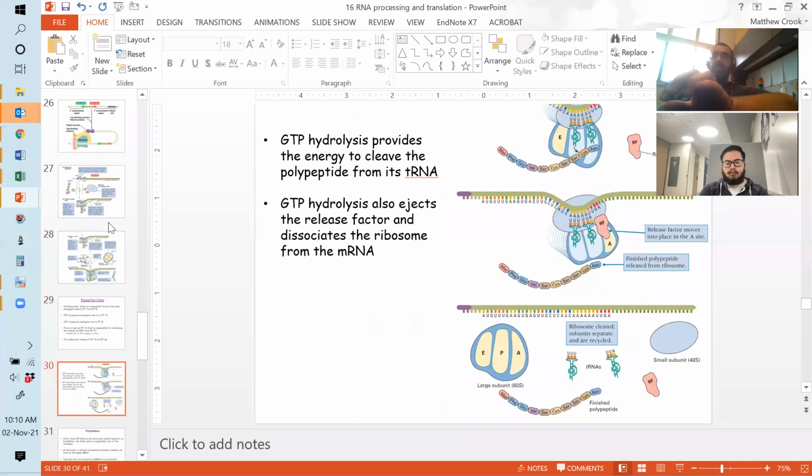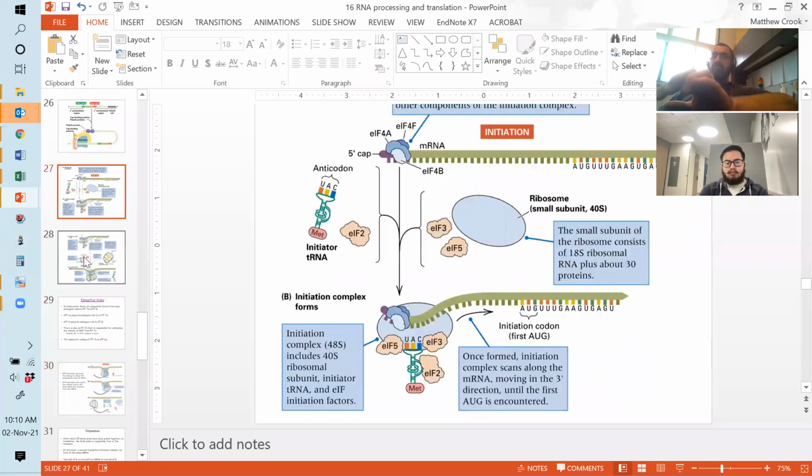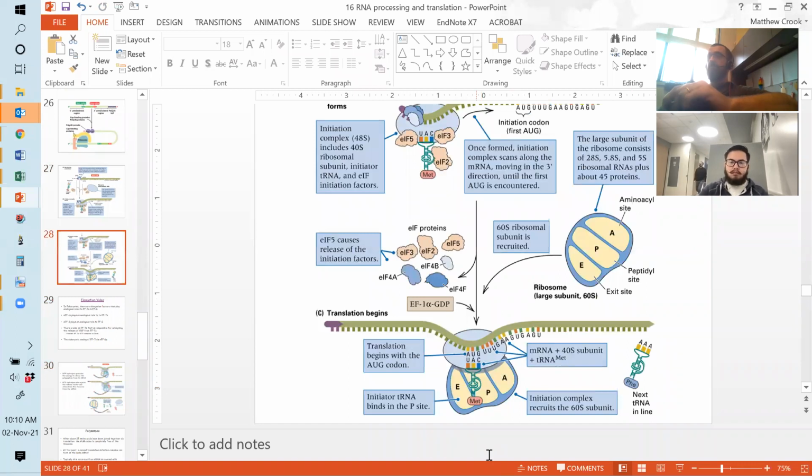So really, elongation is just a whole bunch of that. It happens over and over and over again. And some proteins, particularly eukaryotic proteins, can be absolutely massive, 3,000, 4,000 amino acids in one long chain. So this can go on for a very, very long time. Some of them are super short. I think the shortest one that I know of is 7 amino acids,